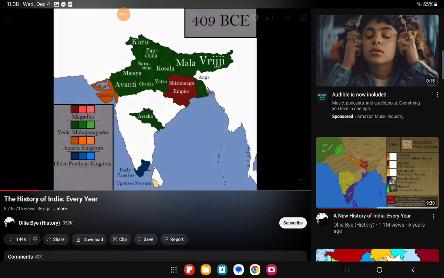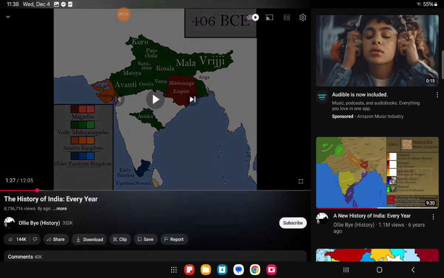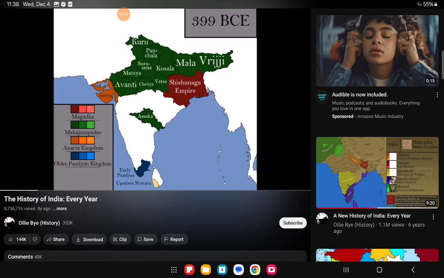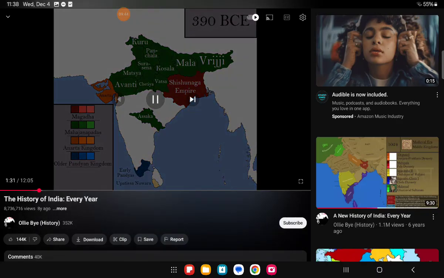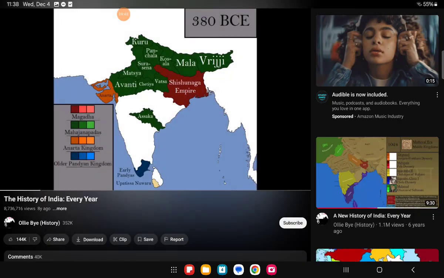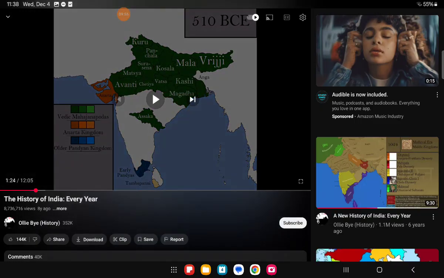I know they were here. Look. Eastern India just became this red thing called the Shishunaga Empire. And it grew, and now it touches Vriji. Oh wait, by the way, we already passed the Buddha and Mahavira, but soon we're going to see what's his